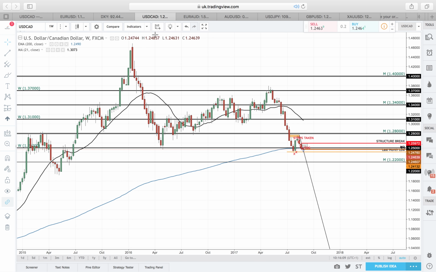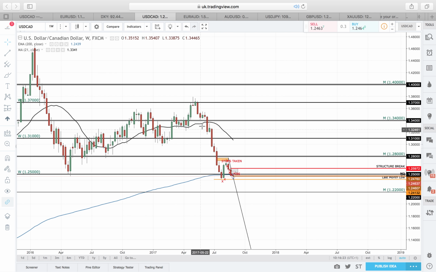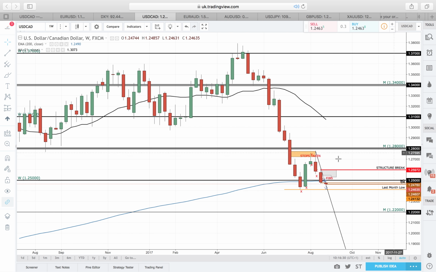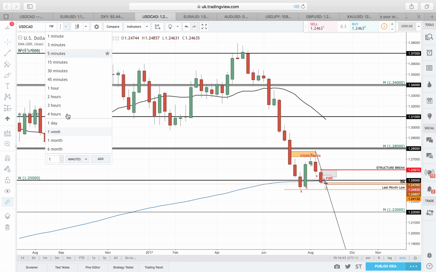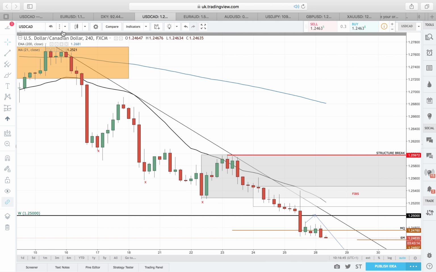We're trying to, it has a high here, low, high, low. I mean lower high, and I'm expecting it to be a lower low. Even though we've already broken this region, I'm still expecting more. After a 1, 2, 3, 4 week bearish trend, we saw a bit of retracement, which is common. We saw a shooting star to the top, we're heading back down. The next region I think we're going to head to is here. If we break here, I'll be seeing probably 1.22, but here, which is denoted by last month's low as well. So yeah, on the daily chart.